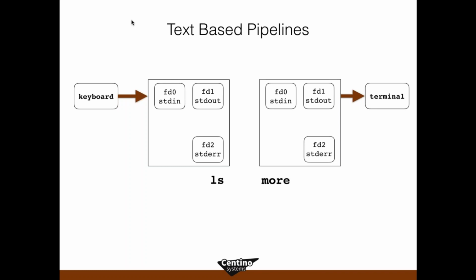And so I can combine these two things together, right? The output that was flowing off my screen very quickly when I typed ls, I can pipe with the pipe sign into more. And now I get the directory listing, one page of content. I can view it, read it, hit the space bar, and get the next set of information. And it's not just limited to ls, that's any command, right? It can build these things together. And the plumbing under the hood is that the file descriptor 1, or the standard output, that buffer is